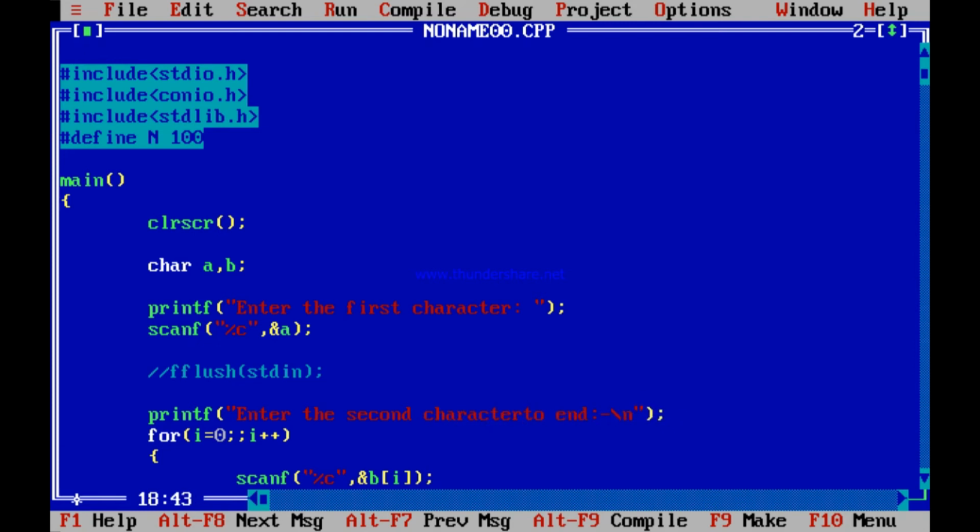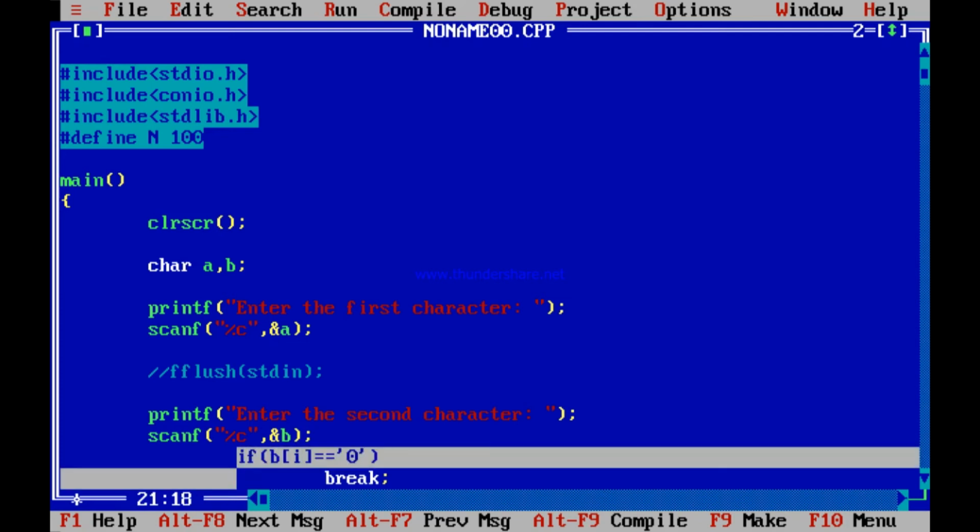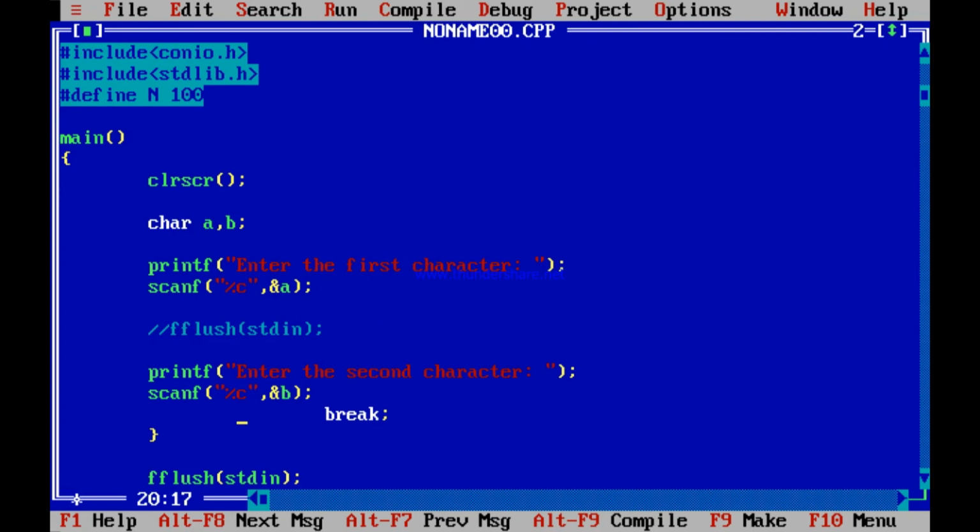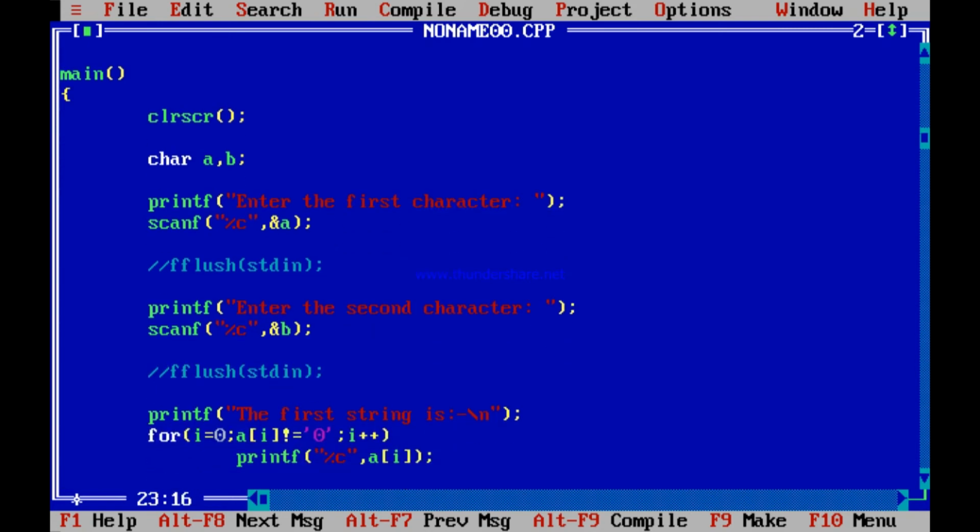What I do over here is the same thing. I avoid all this and I now scan within B. I delete this part. I scan only this second character in a character called B. That A is no more needed, so this whole thing goes useless over here. So this part you are deleting. You avoid the flush stdin to see what happens. Now you print your first character and second character.